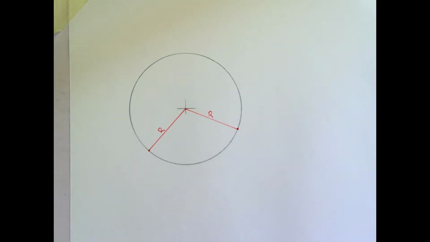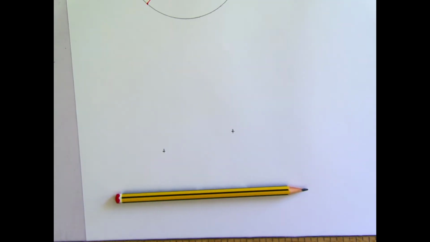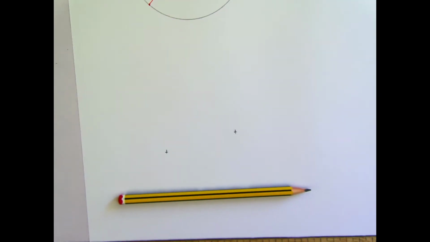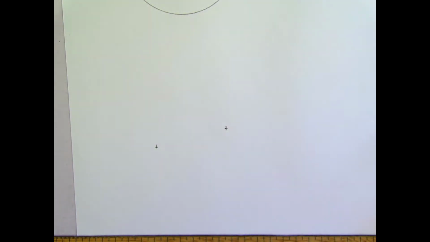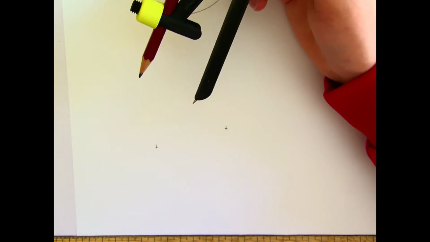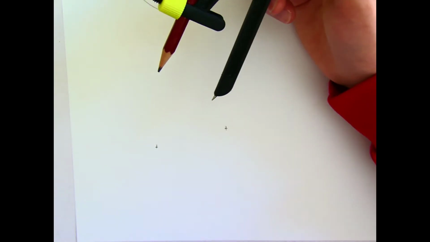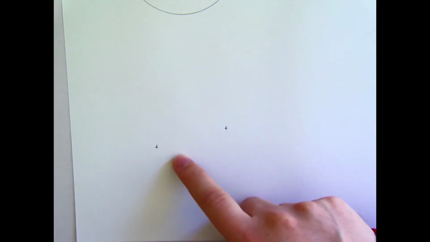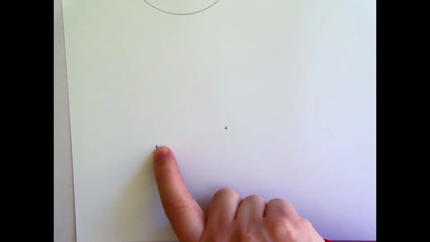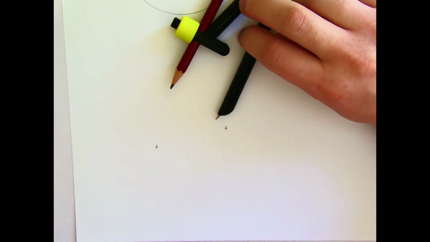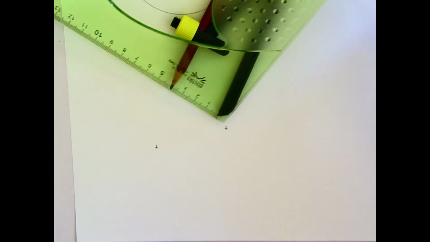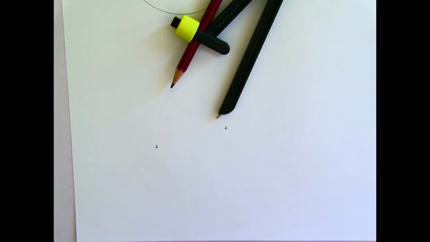So down here, I have 2 points that are going to be on the circumference of a circle. I have my radius, which my compass is set to. And what I'm going to do is find the center of a circle that contains both of these points. So the circumference is going to pass through this point and pass through this point. To do that, with my radius set to this, which is 40 millimeters,